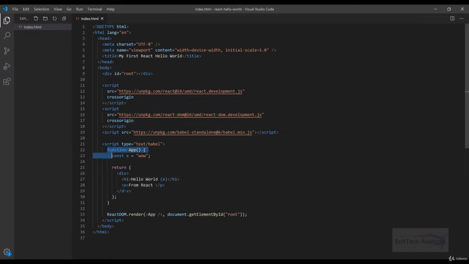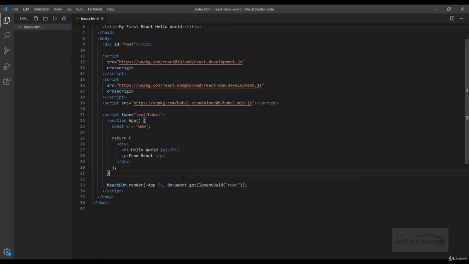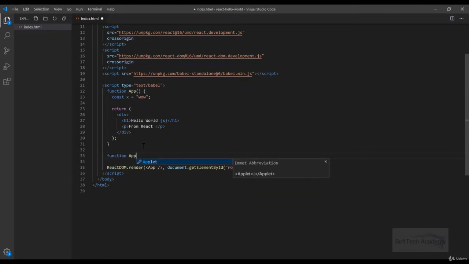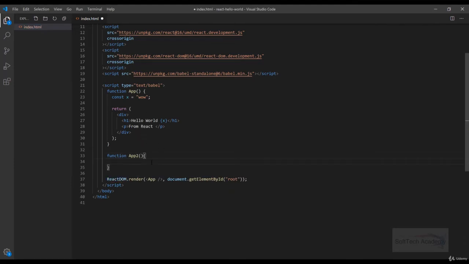This component will be compiled by the Babel compiler, and then our browser will understand it. Babel is responsible for converting this component into browser-understandable JavaScript code. So what will that browser-understandable JavaScript code look like? Let's see that. For that I will make another function here, which will be app2. I will mock the same as here, so I will just return here